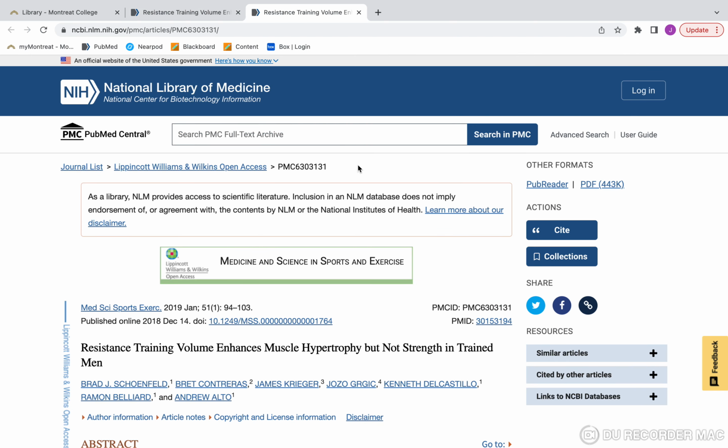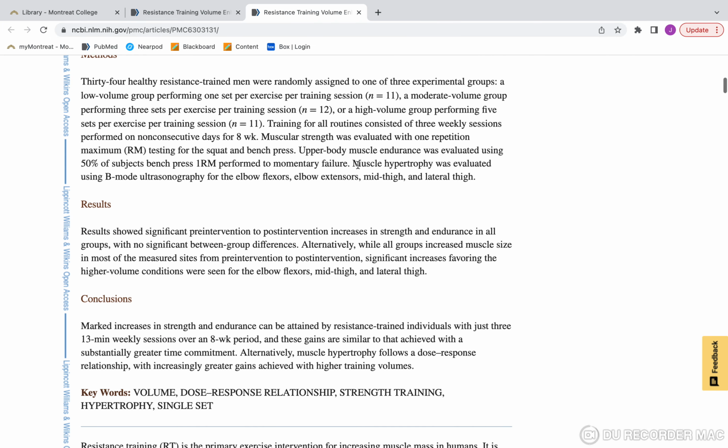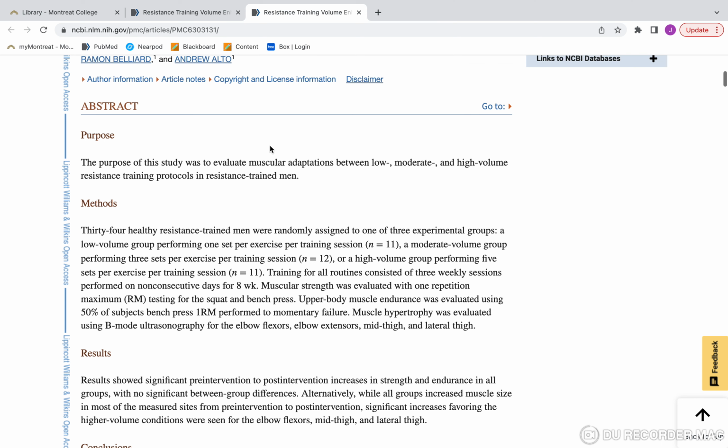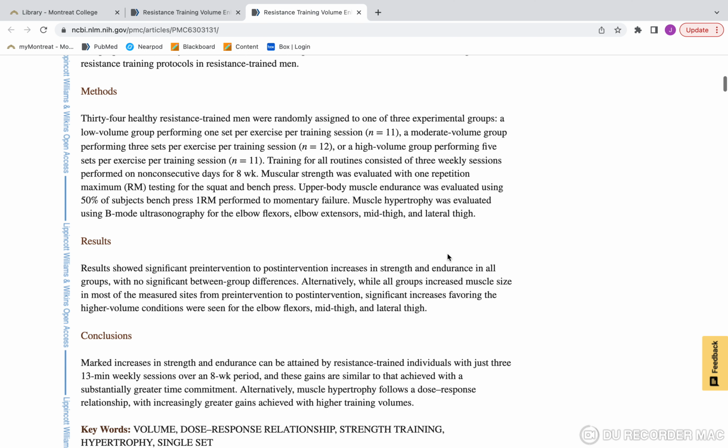So we look at the free full text. Now, what you may have noticed before is these articles are split up into multiple sections. It's important to understand the purpose of each of these sections. So first off, we have our abstract. Again, just a snippet, gives you the bare basics that you need to kind of get an idea what will be in the bigger article.